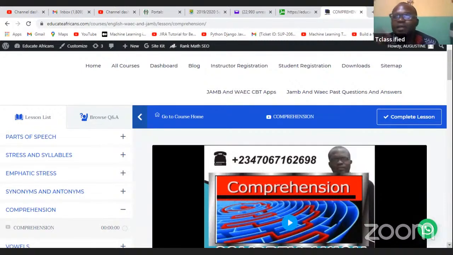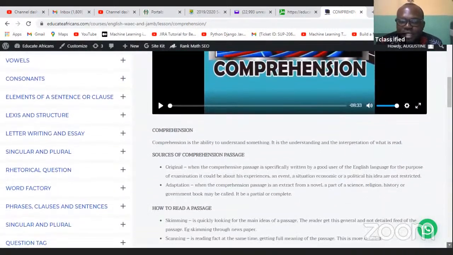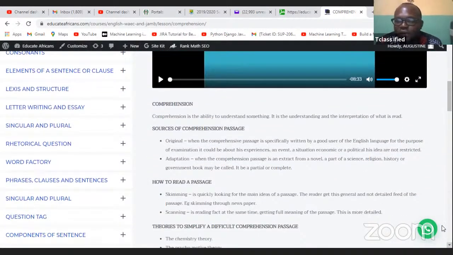And I normally advise my students, don't start with the comprehension passage. There are other questions that are very simple. Once you come, you just flip through, get to your 10 questions from your life changer novel, smash all of them, get to emphatic stress, very simple, smash all the emphatic stress, get to vowels and consonants, smash it, get to synonym and antonym, smash it, then get back to your comprehension. That's the best way to go about it. But today we'll still look at this comprehension because it is very, very important and it is going to affect what we are doing.